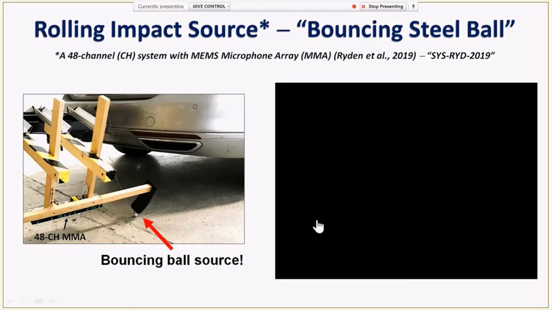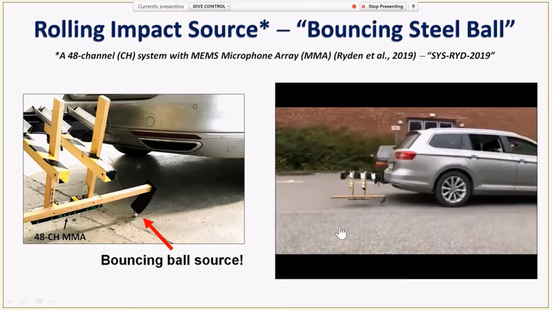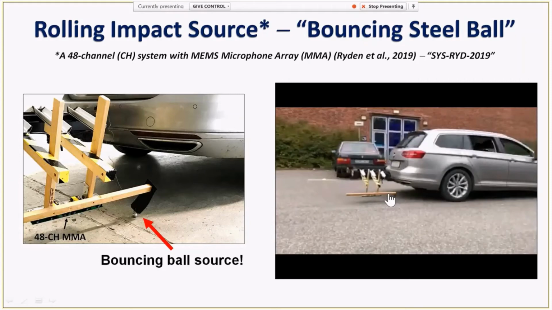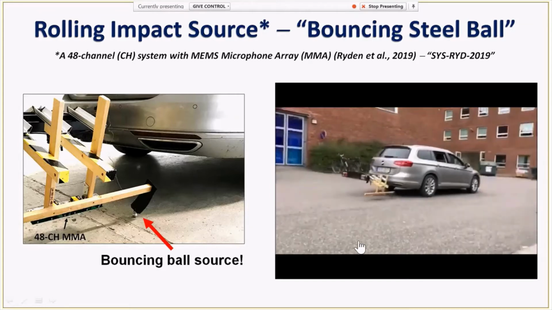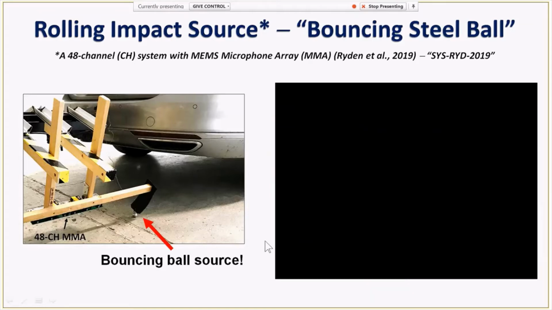And I'm going to show you a very short video clip, but after my presentation, Dr. Ryden will show more detail in the video showing how this works better. But let me show this one anyway. So this is the steel ball here, and you will see this steel ball moving up and down. And I could hear that impact sound very clearly, which means that impact was significant, generating strong enough